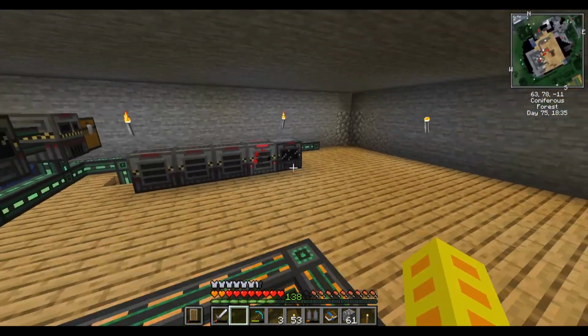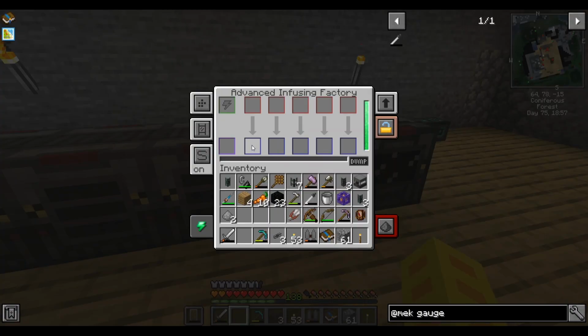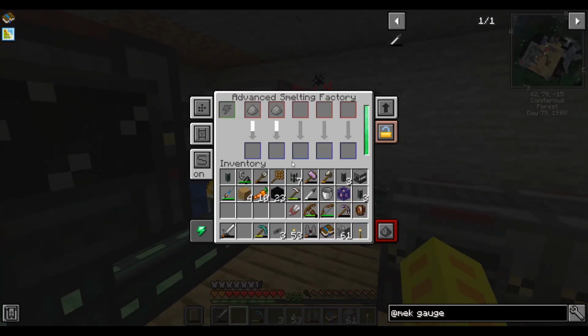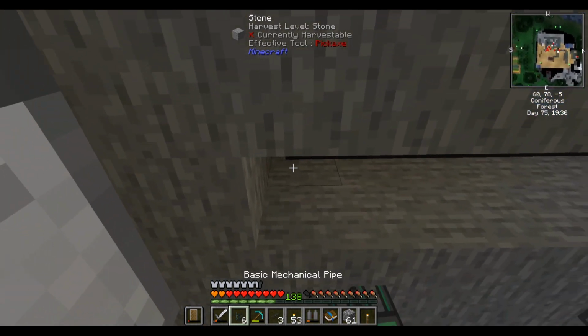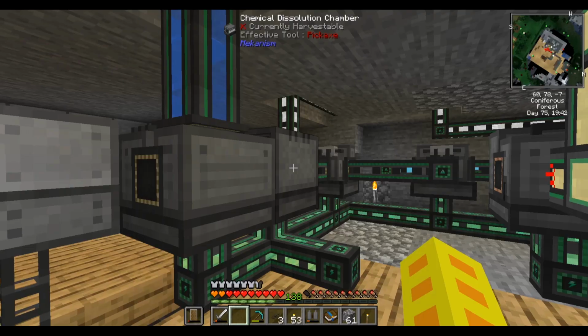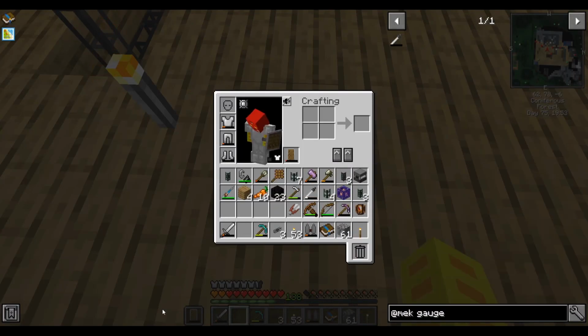So I accidentally used this. Then, so let's smelt this. And our bucket. Get another. Got filled up with water fast. So then this should, let me try something. I'll wait. Get ourselves another set of, so